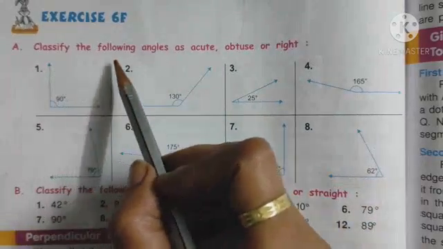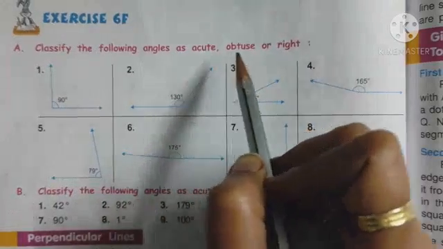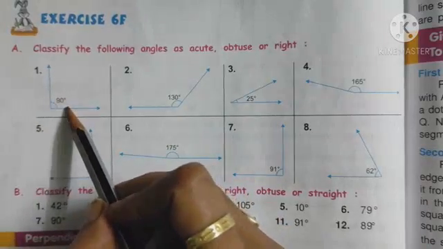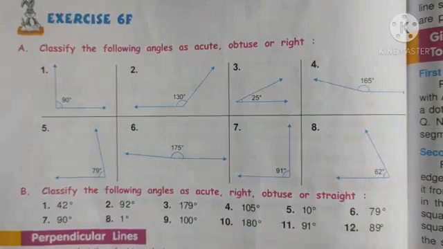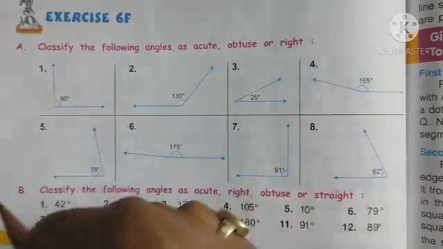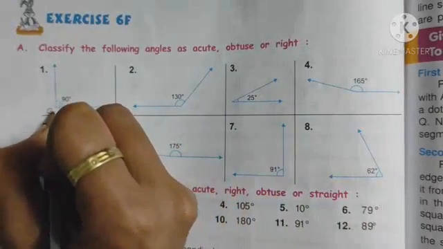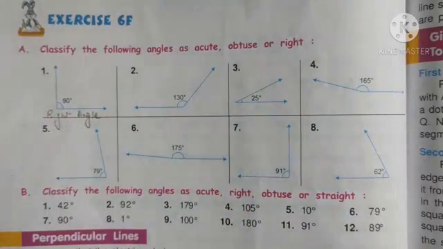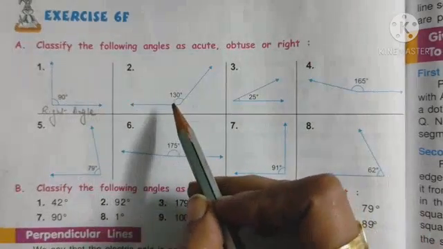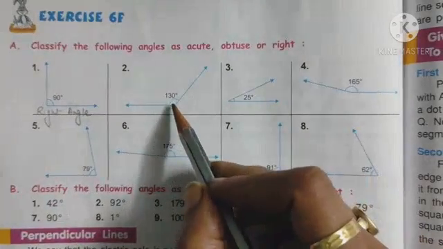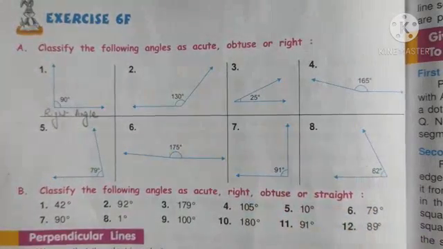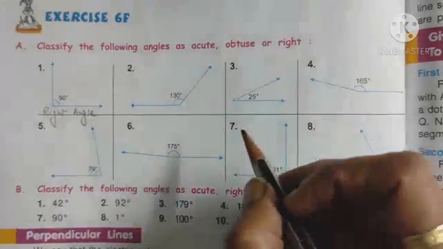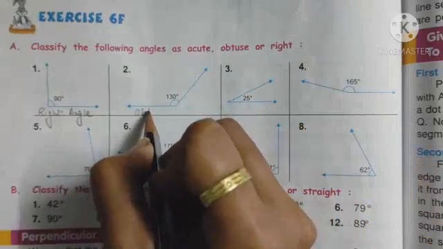Number A, classify the following angles as acute, obtuse or right angle. So here this is 90 degrees, so it is a right angle. You can write it in your copy. Here I am showing you how to write right angle. Here number 2 is 130 degrees. So it is an obtuse angle, as 130 is more than 90 degrees but less than 180 degrees. So it is obtuse